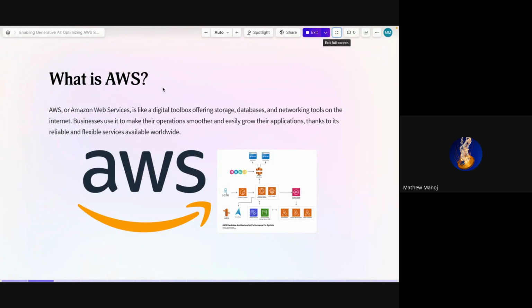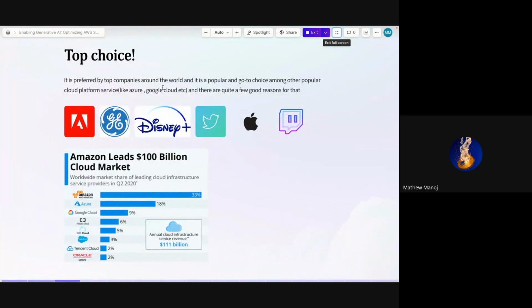Let's see why it is a top choice among a lot of companies today. 94% of companies, like Adobe, General Electric, Siemens, Pfizer, and that's only a fraction, use AWS services for their applications.